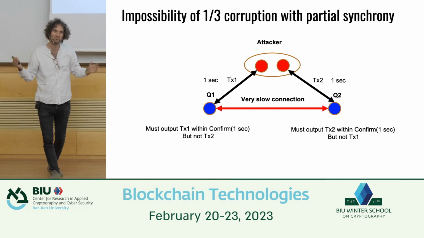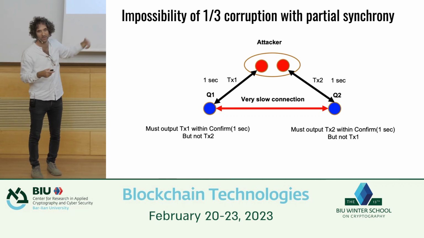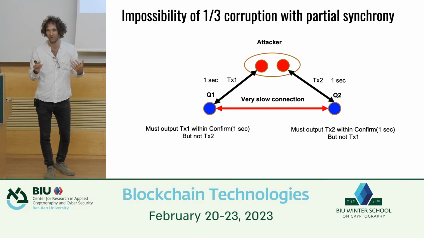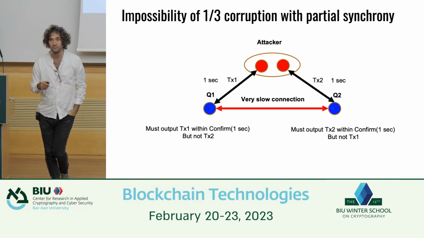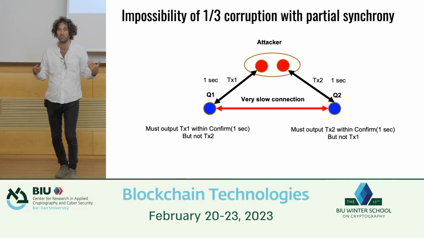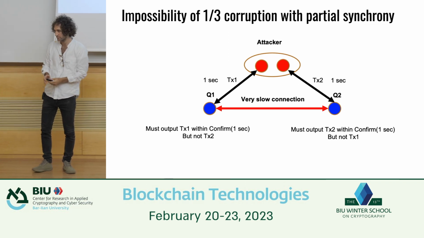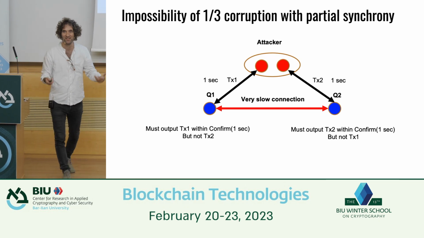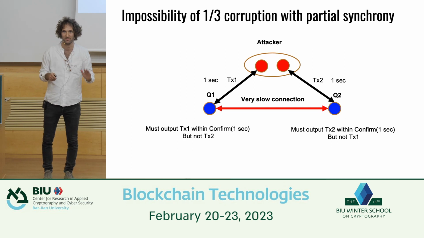So now you've seen why you cannot do better than 2/3. And this works no matter if there's a PKI, public key infrastructure, or not. This guy doesn't need to emulate others. So authenticated channels won't help you here. Sorry? You said that authenticated channels will help you? No, this is a strong result. This works even if you have public key infrastructure, right? That's the point. But I'm using partial synchrony here. With authenticated channels, you can prove it also in synchrony. And we'll see that later on. That's going to be a little bit more complicated, okay?